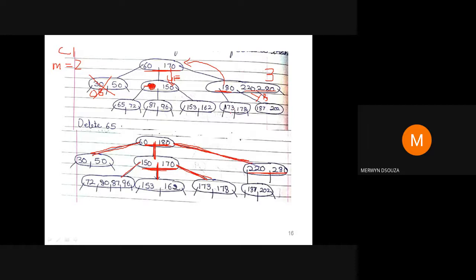You just need to rearrange. When you rearrange, this branch here comes here, because these values are greater than 170 and less than 180. You just have to use some common sense while putting these branches. You cannot add this branch here. Originally this branch was here, but you cannot add it here because these two values are not greater than 180.